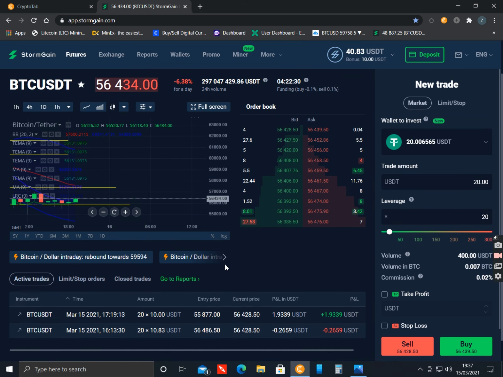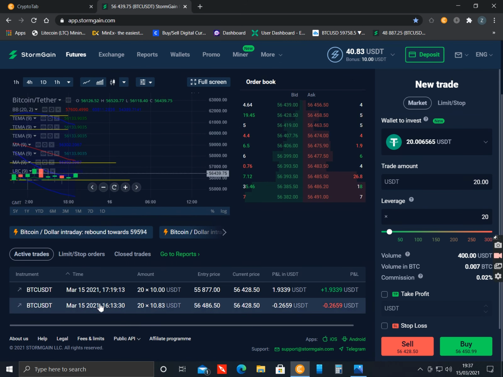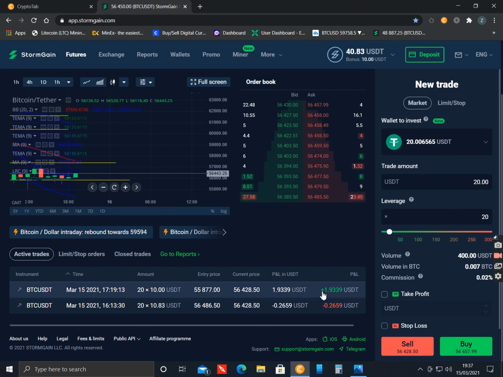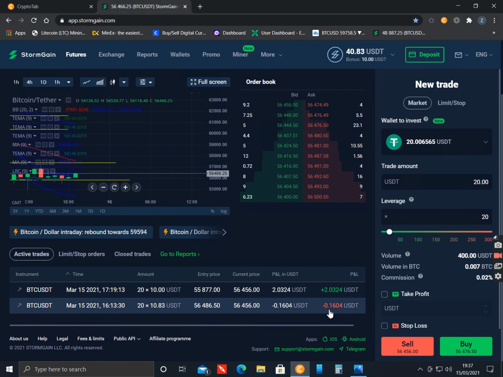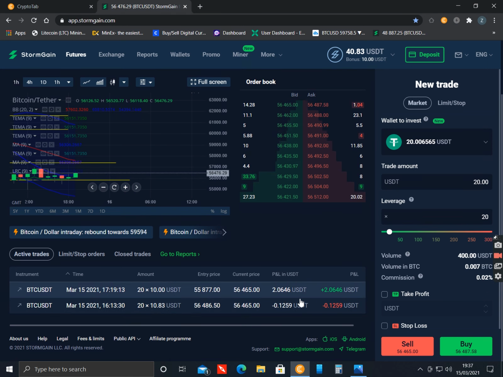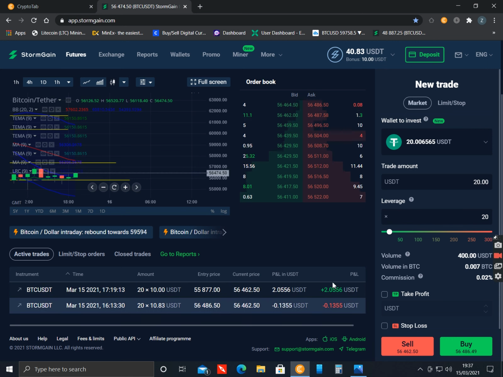But yeah, as you can see down here at the bottom, these are 2 trades I'm currently in. One of them is just over 2 now, it's just popped over to 2 USDT, and one of them is just slightly under, at 18 cent in USDT. So it's pretty close to where I opened it basically. So I'm in 2 trades at the minute. I have put leverage,